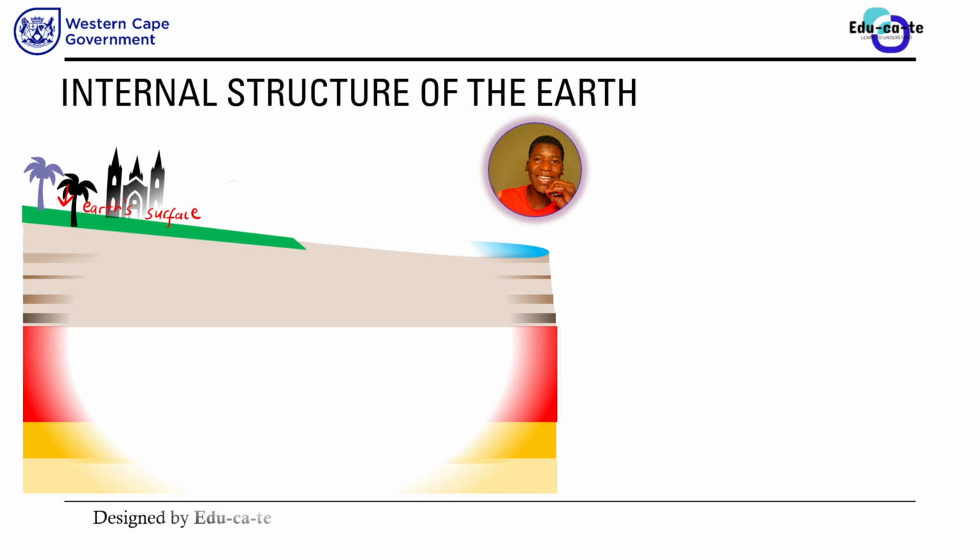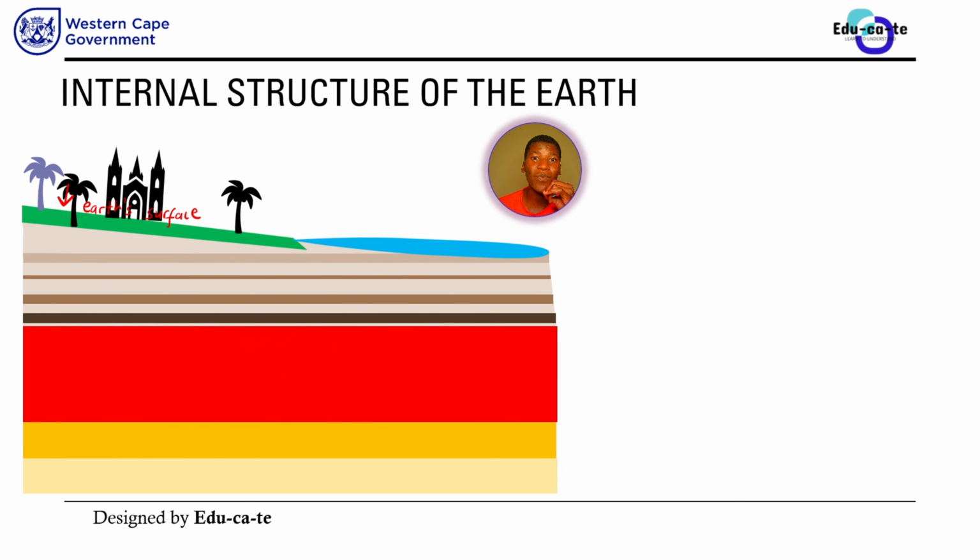So these are the layers that you find, and these layers will define our structure of the Earth. Now I've designed this diagram carefully so that I can show you different layers that we find. At first you're going to find this first layer. We have got this first layer from here all the way down to here. And then the second layer is the red one, the one that is painted in red in this diagram. This is the second layer.